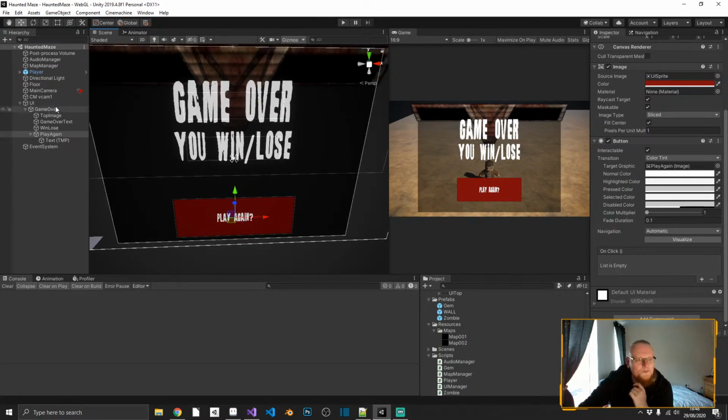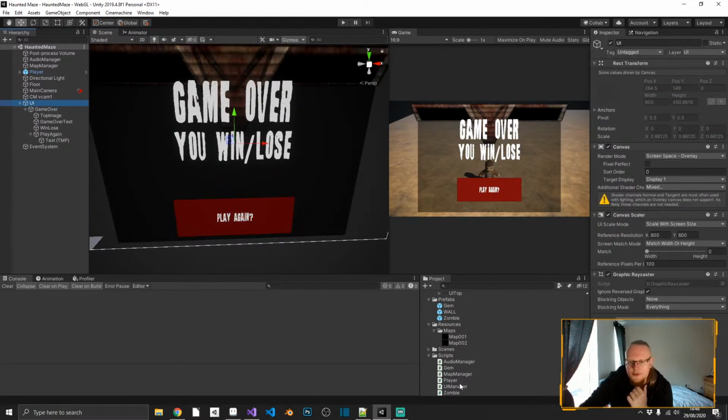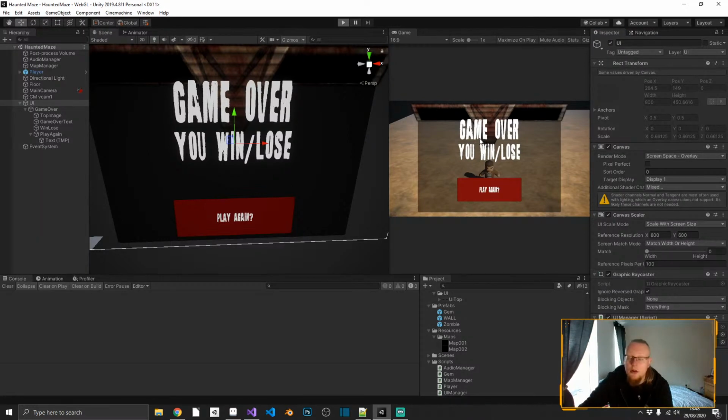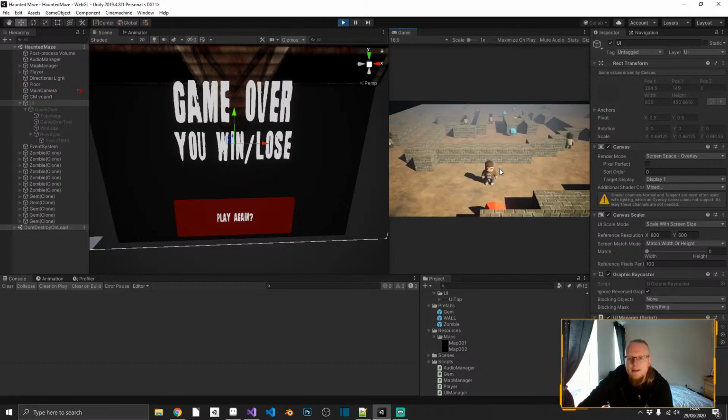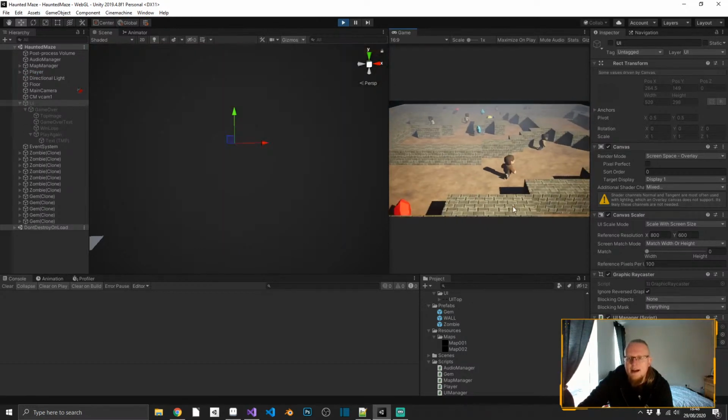Right. So in our UI, we'll drag in our UI manager. We want to drag in our game over game object into our script. And we also want to drag in our win or lose text into our win-lose text field. Now when we start, this will be set active false. And it is, and then if we die,